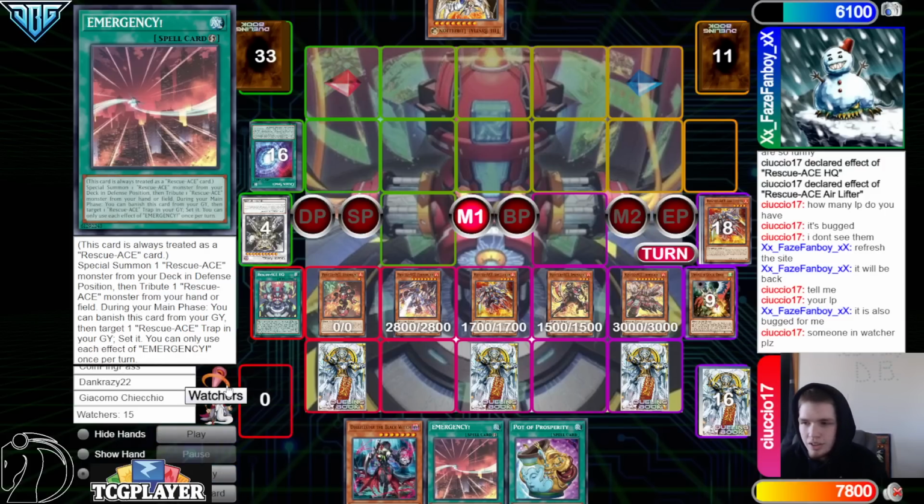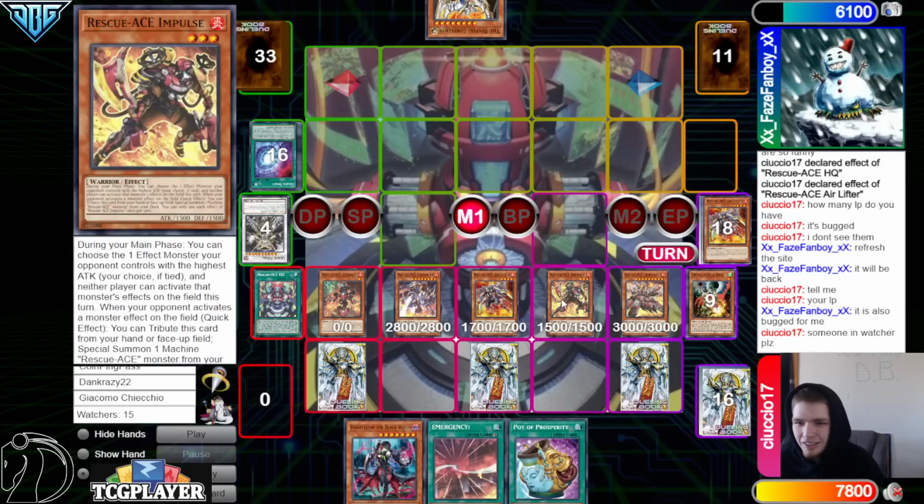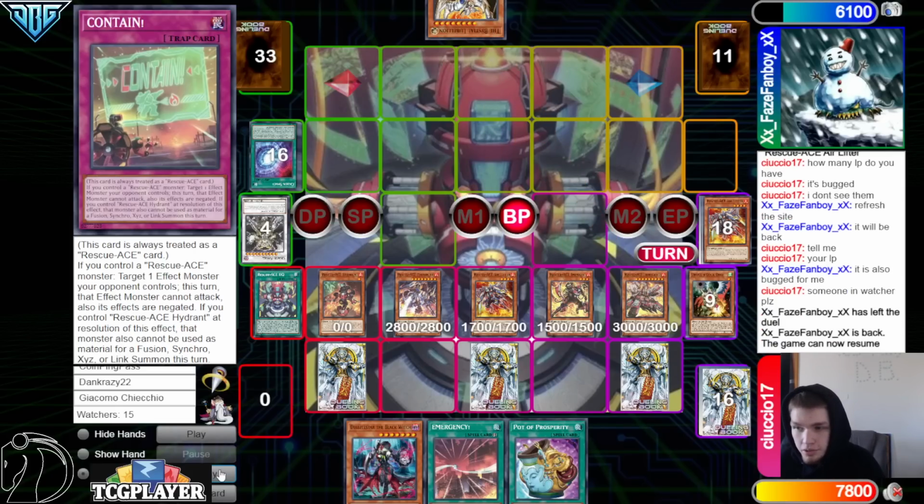Yeah, nice. Someone in Watchers chat, please. They said, the link phase posted agrees with Susiano, I think. What a twist. Okay, so they're just gonna normal, and then battle phase, game. Yep, nice. If you don't want to tell us how many life points you're at, we will proceed to just game you anyways. So, attack,